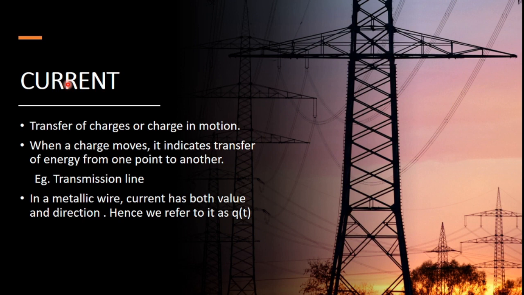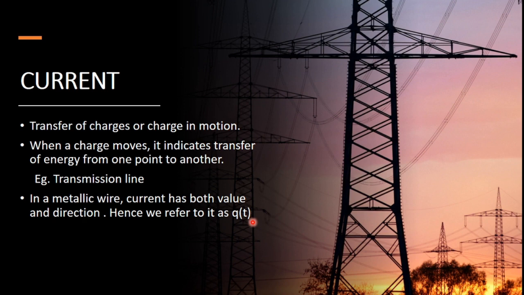So this is again a varying quantity, right? With respect to time, anything that varies, we define it with respect to time. At this time, this much of energy has flown. At this time, this much of energy has flown. So we cannot say that to be a constant quantity. It is a variable quantity and therefore it is defined as Q of T. I hope I've made my point clear.